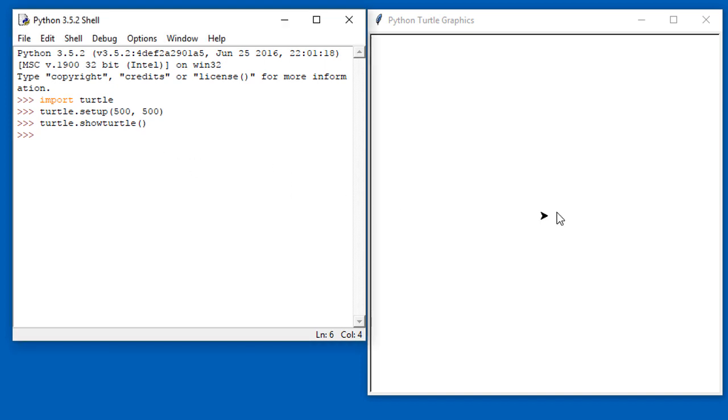So let's say that we want to move the turtle directly to the position 100, 50. We would use this command,